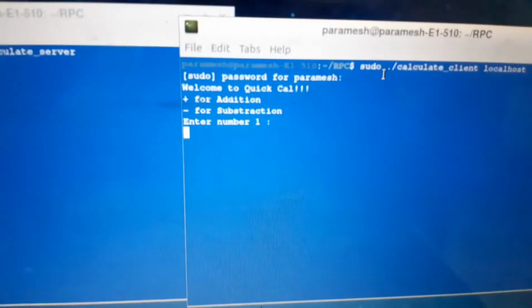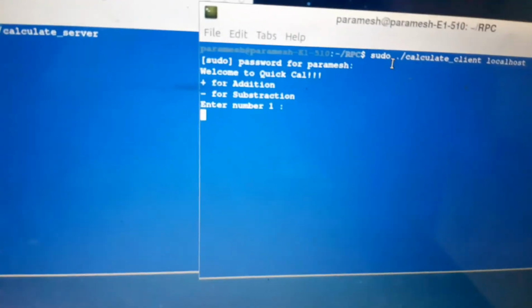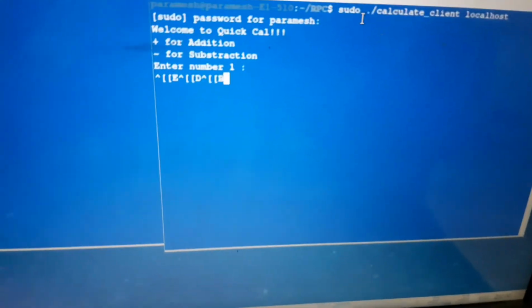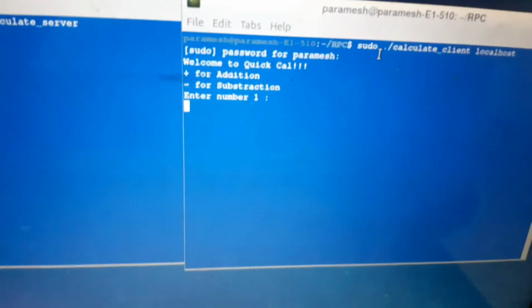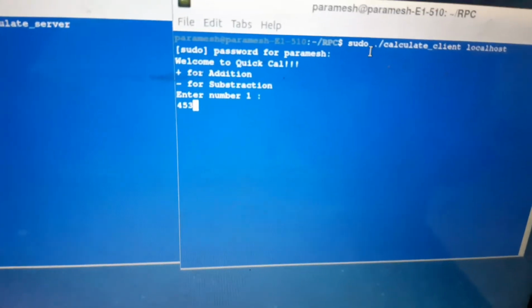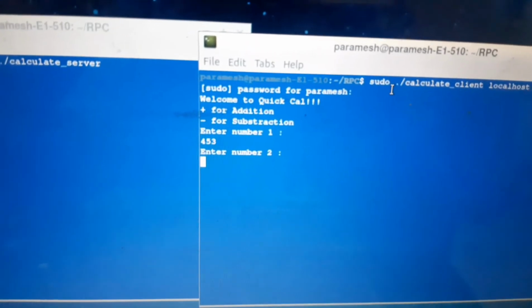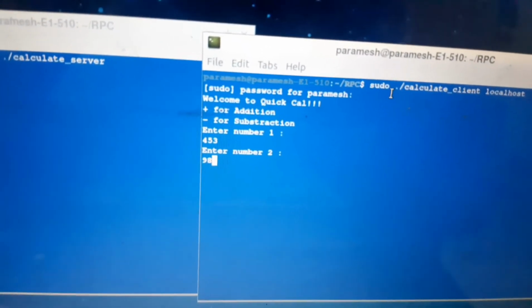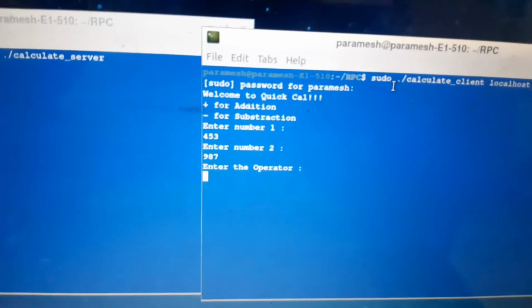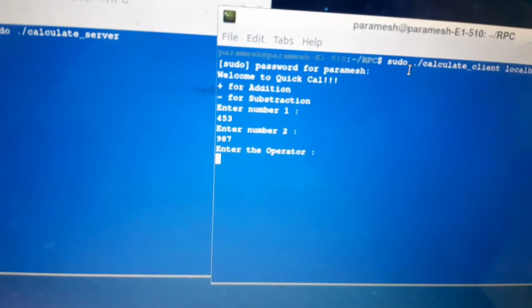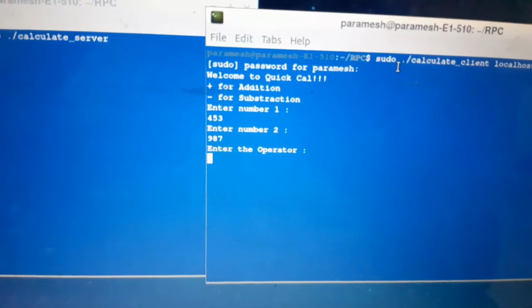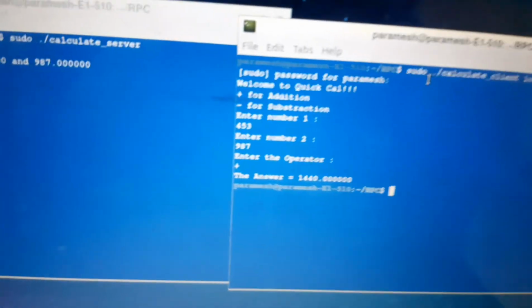It is asking, enter number 1. Enter number 2. Enter the operator, plus or minus. First we try plus.